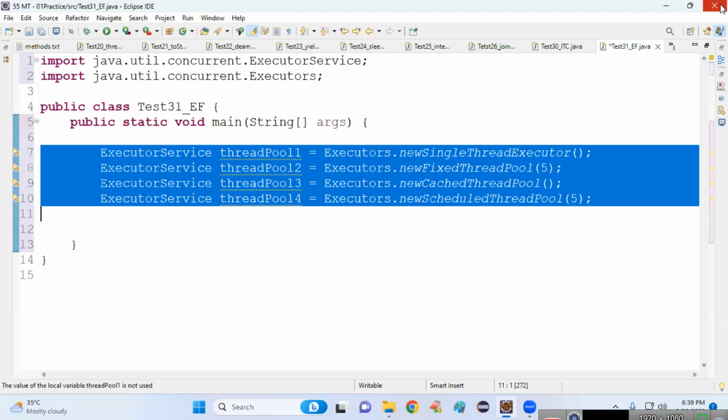Okay. Now come back. Do you understand the meaning of executor framework? Now, how many classes are there as part of the executor framework? 3 are very important. Number 1, Executor. Number 2, ExecutorService. Number 3, Executors. First one, Executor